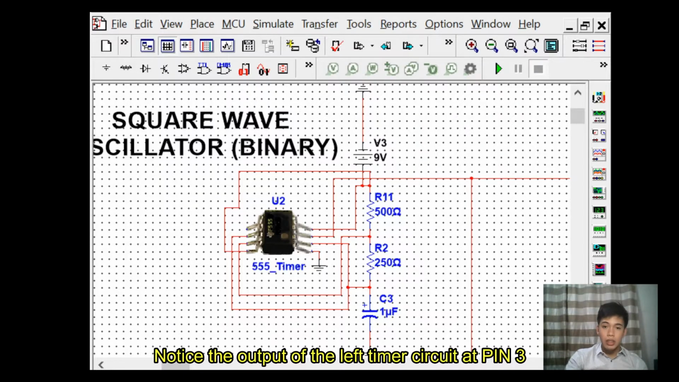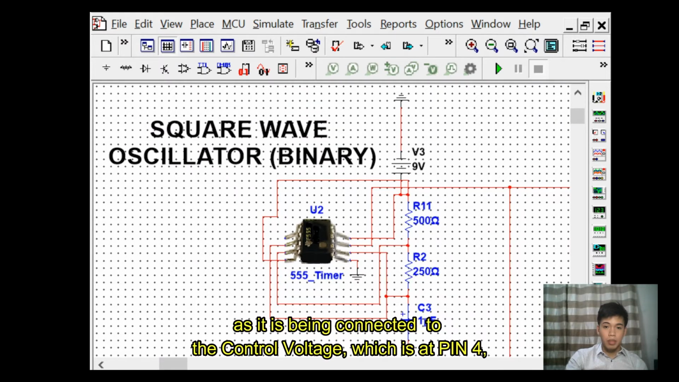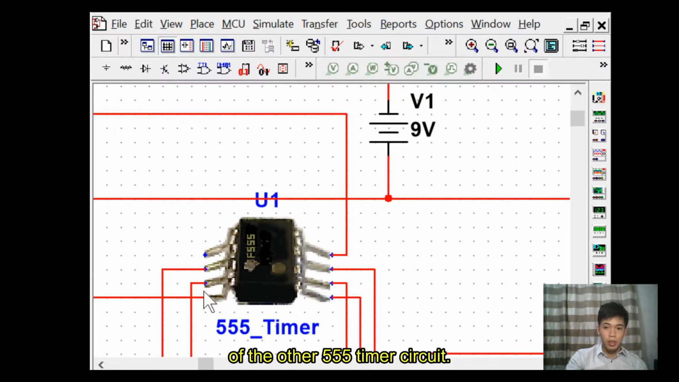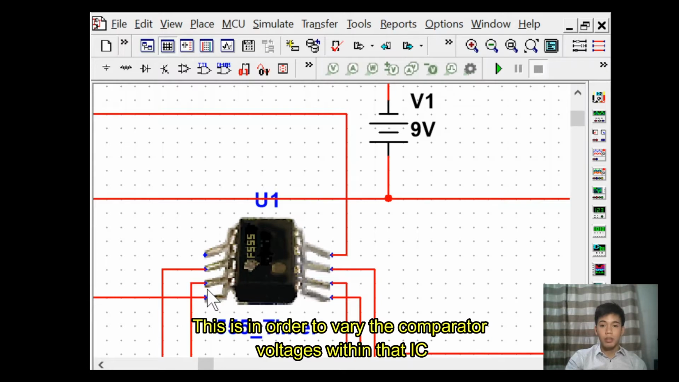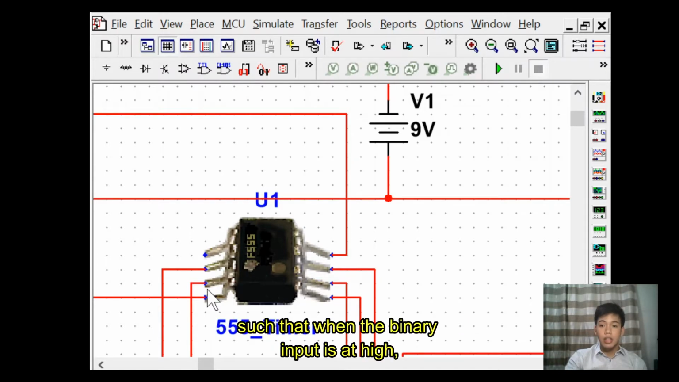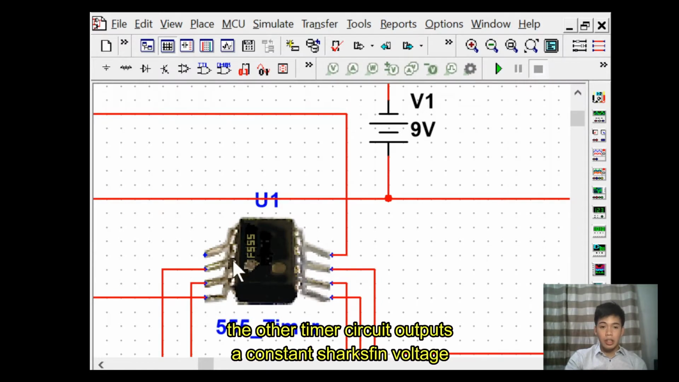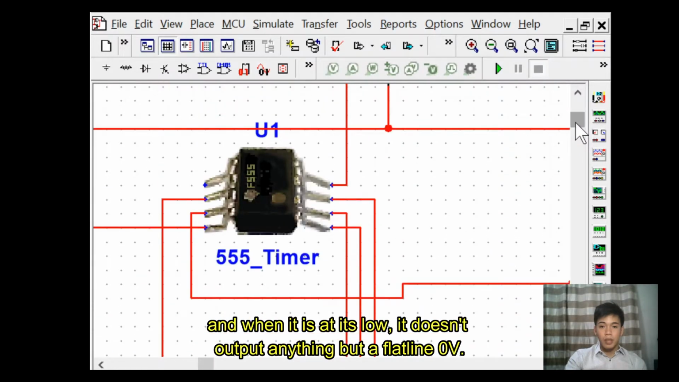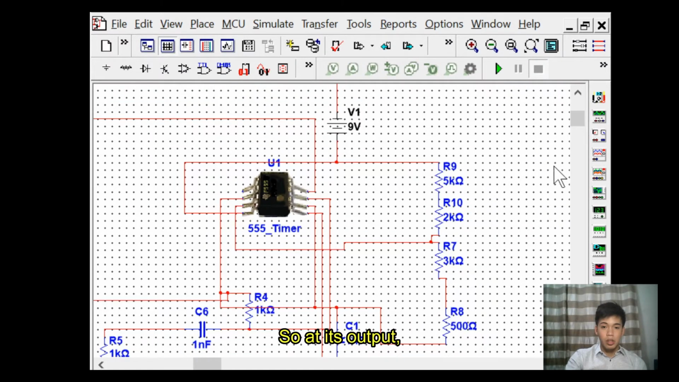Notice the output of the left timer circuit at pin 3, as it is connected to the control voltage at pin 5 of the other 555 timer circuit. This is in order to vary the comparator voltages within the IC, such that when the binary input is high, the other timer circuit outputs a constant short spike voltage, and when it is low, it doesn't output anything but applies 0 volts. So at its output,